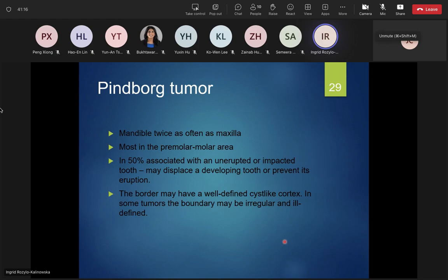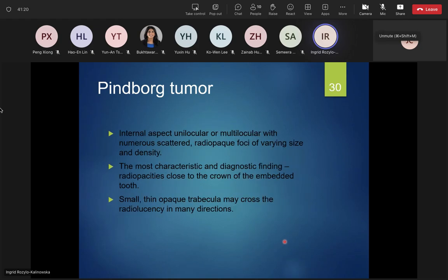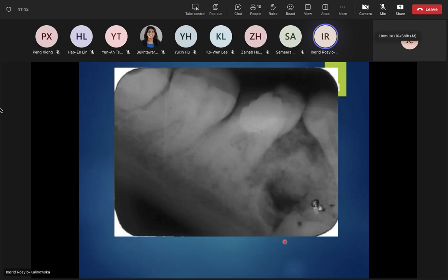It may have a well-defined border with cortical rim. When the tumor is immature, the internal aspect contains just soft tissue, so it's radiolucent. But when radiopacities occur, then the tumor is just more